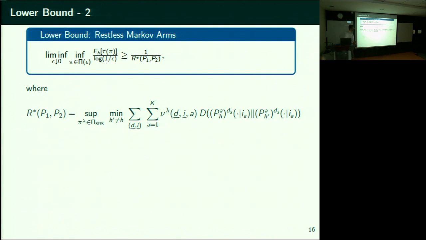So if it is a policy with error less than or equal to epsilon, then you can say that the actual stopping time is bigger than or equal to this multiplied by log 1 over epsilon. This comes from your actual policy having a certain state occupancy measure. It might be non-Markovian, but nevertheless it has a certain state occupancy measure.